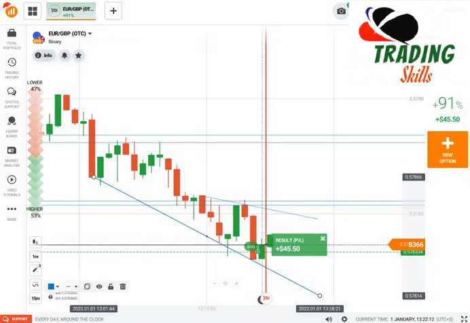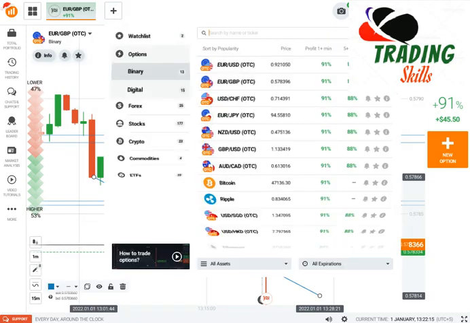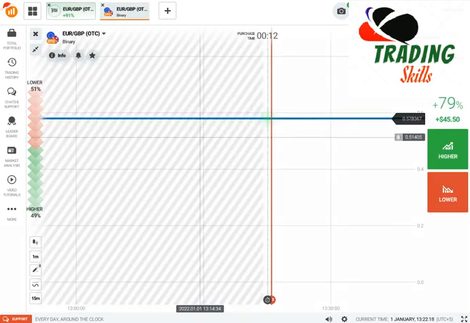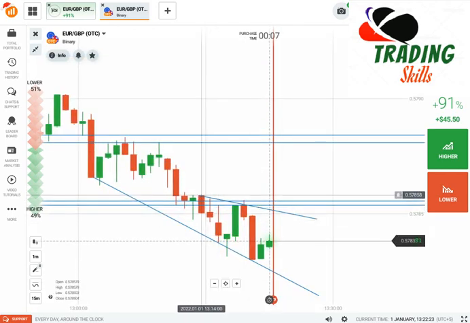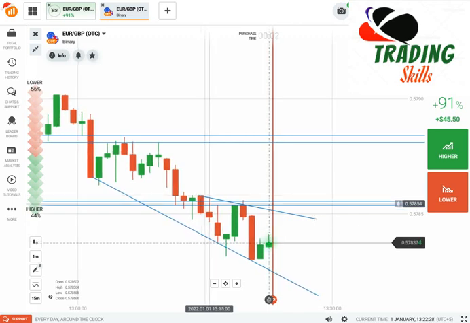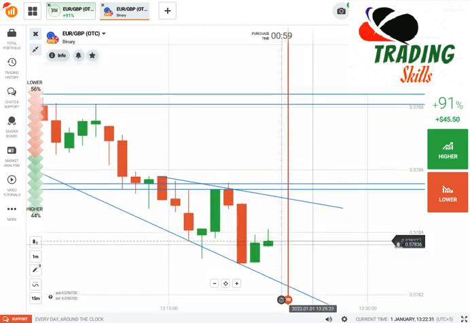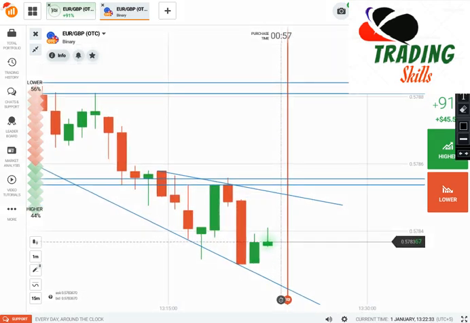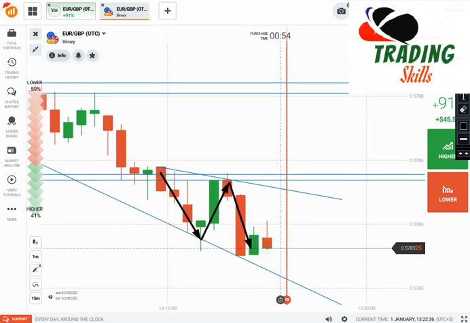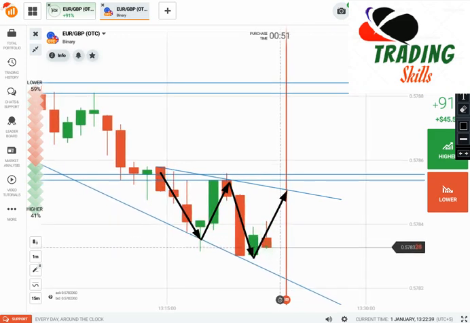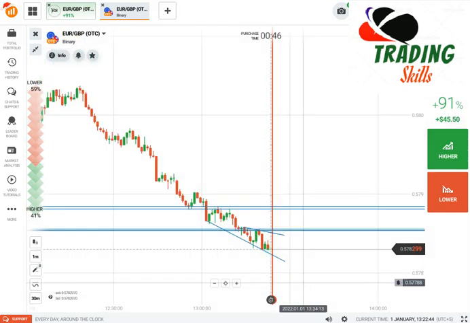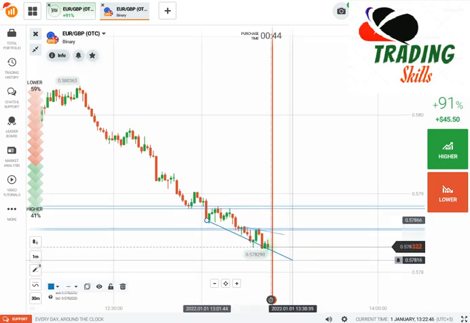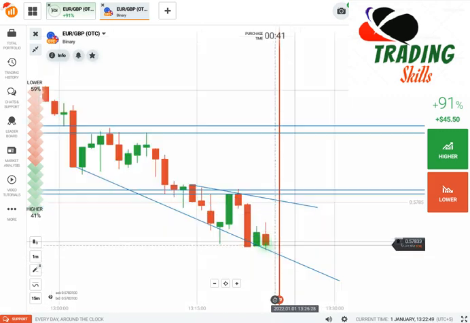Now let me show you here. Okay, so in this zone, what I am seeing here, at this area right now you can see the market is only moving in these two ranges, so we need to wait. Okay, now I need to connect it with the closing point. Now you can see